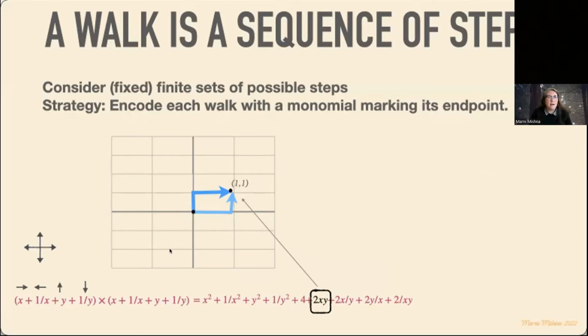So I'm going to consider walks on, let's say, this integer lattice, and I'm going to consider a finite set